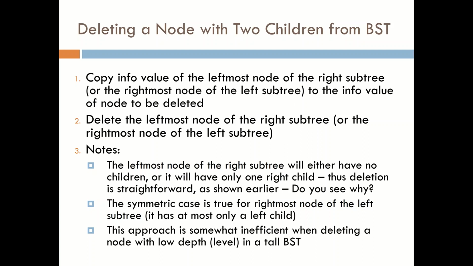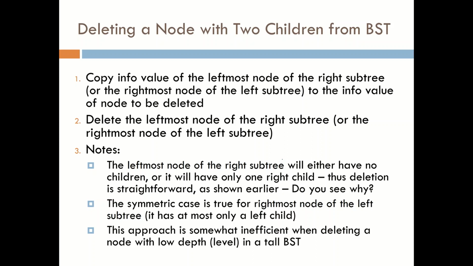So let's say that we chose the leftmost node of the right subtree. We're going to take the value at that particular node and copy it to the node that is being deleted. And then we're going to actually delete that leftmost node of the right subtree or rightmost node of the left subtree. Okay, so here are some notes that are worth mentioning. The leftmost node of the right subtree